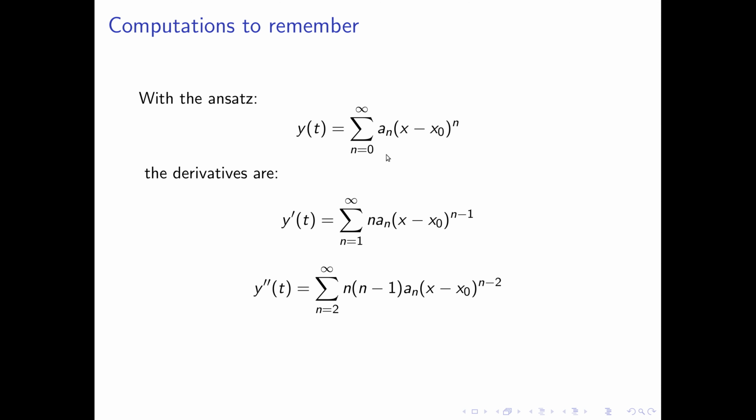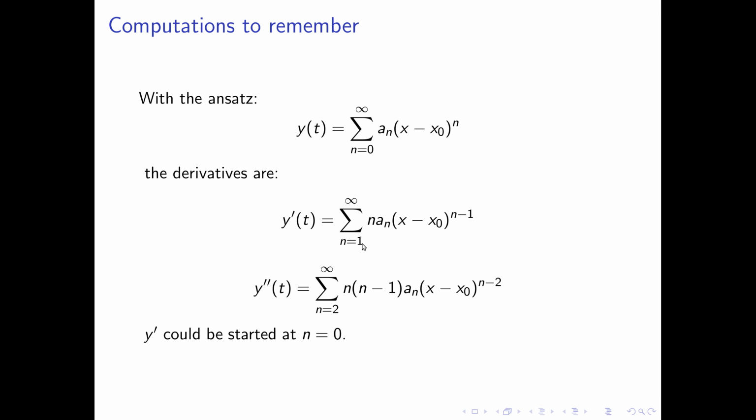Notice that what we're doing here is we're replacing the unknown function y of t by the unknown power series, which means now the a sub n's are the unknowns, right? So if we were able to compute the a sub n's, we would know our solution. Good. Okay, I just wanted to mention too, you could start